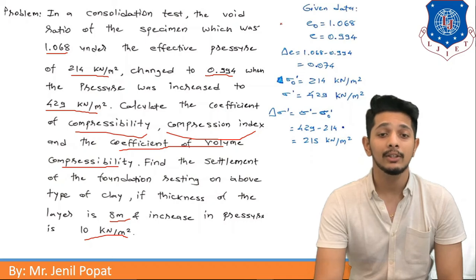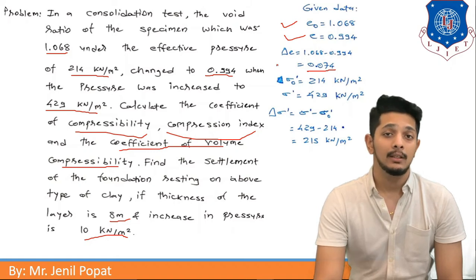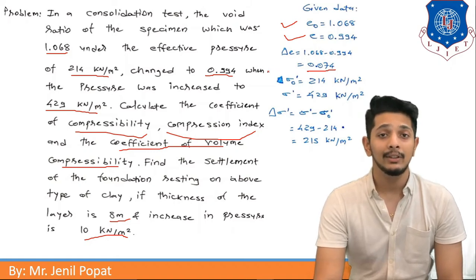E0, the initial void ratio, is given as 1.068. The final void ratio E is given as 0.994. As well, we can find delta E, that is the difference in void ratio. The difference in void ratio comes out as 0.074. Another thing given is sigma 0 dash, the initial effective pressure, that is 214 kilonewton per meter square,